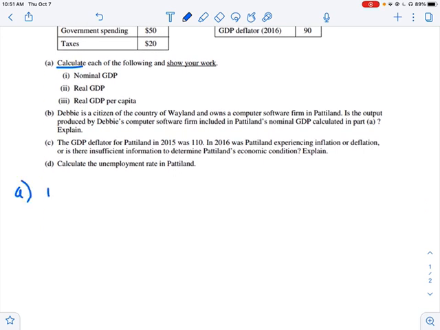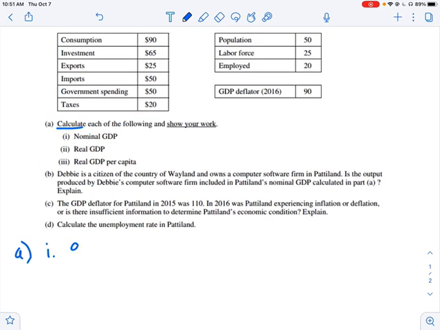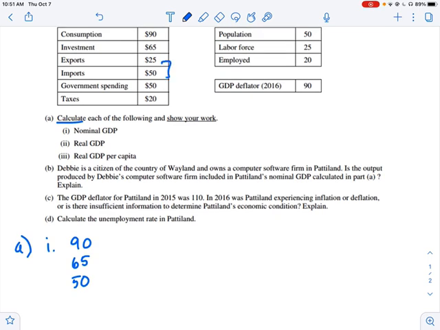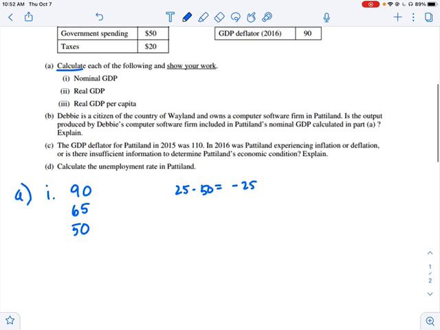So for part A, letter I, the nominal GDP is going to be the sum of consumption, investment, government spending, and then my net exports. And if I look up here, my net exports is going to be 25 minus 50 for negative 25. So this is my mathematical process. I'm going to add these numbers first. So I get 5, 9 plus 6 is 15 plus 5. I get 205. Now I'm going to subtract that 25, and I'm going to get